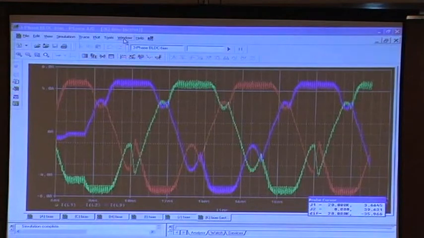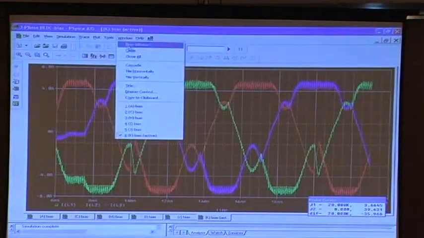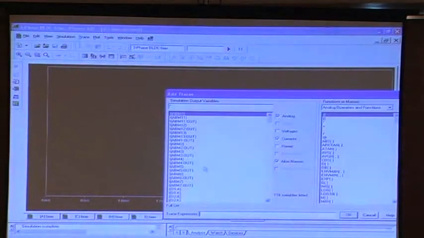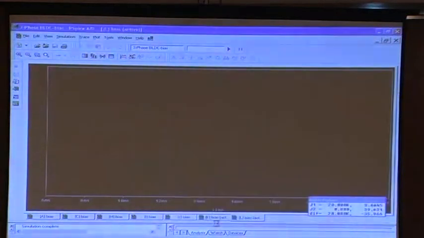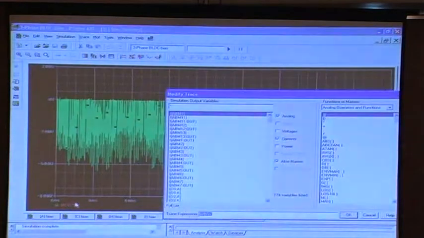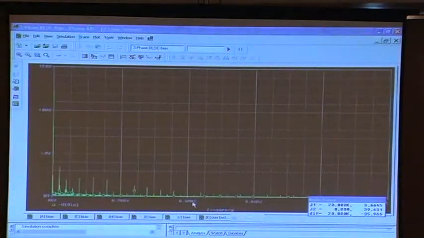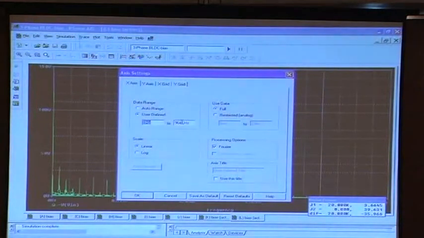What else do we want to see? So this is all channel PWM at all times. So let's look at some waveforms. Input power will be one which we should look at. So let's look at input power. So this is our input power. And do an FFT on this, and we go to